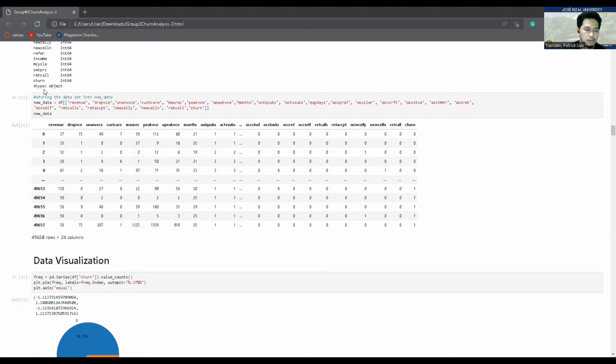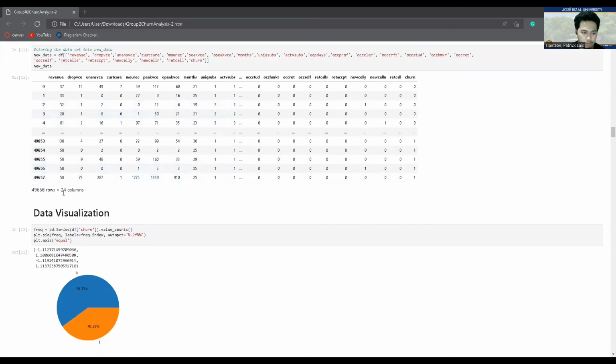Now we need to set up another new dataset with the attributes that may be the cause of churn. We are just simply analyzing it, and here are the attributes that we use. It shows 24 columns.